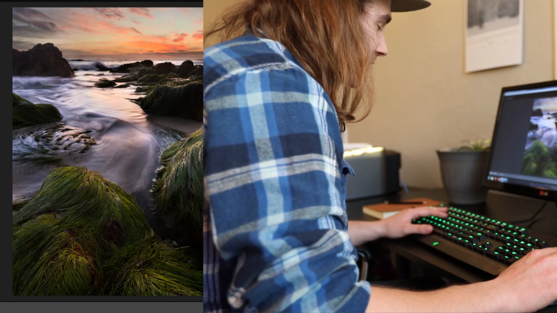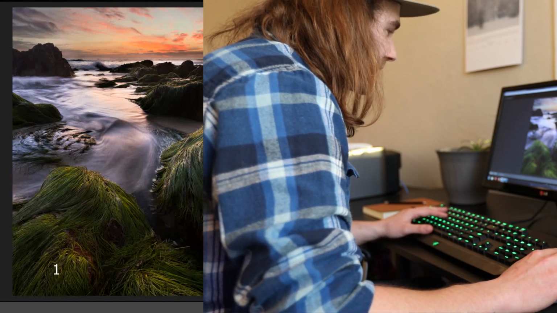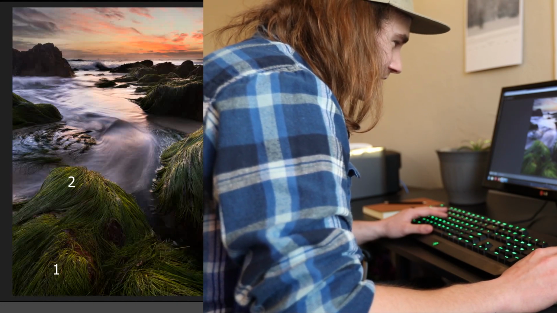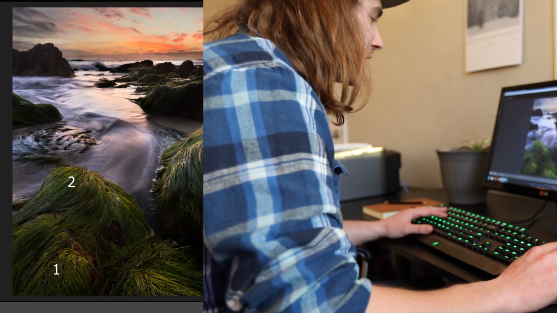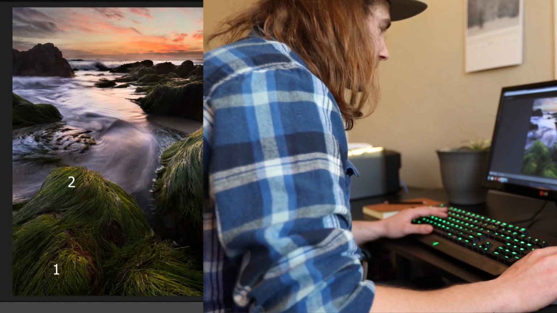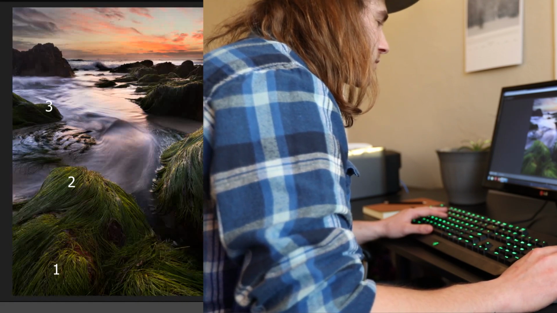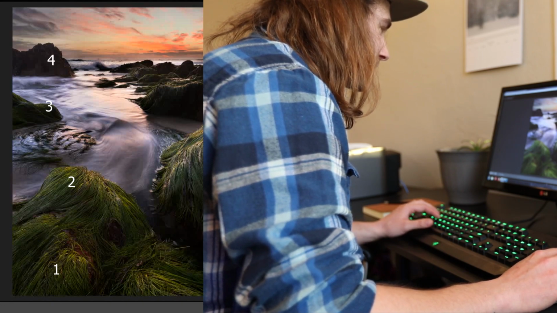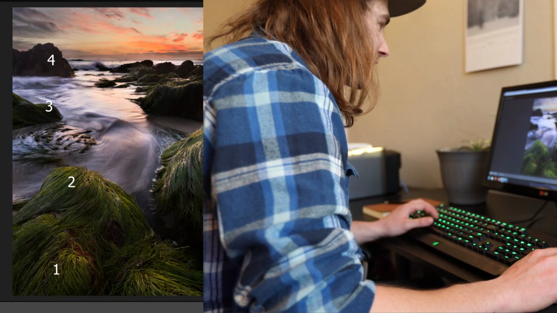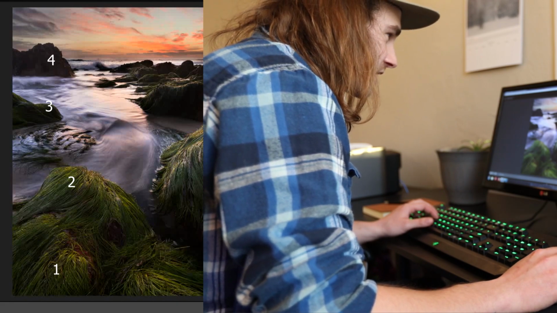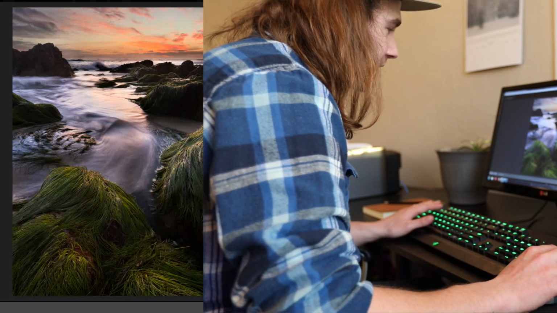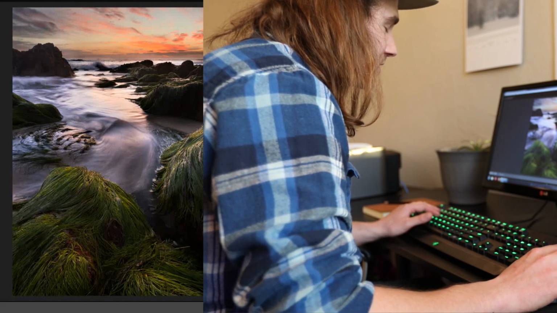There's a 4 focus stack, one on the immediate foreground, one on this extended foliage seaweed rock here. Third photo would be this other green foliage covered rock, and then fourth, final infinity focus, is this cliff. That would also include the sky detail. So right there we have a 4 image stack, and then we had a 3 image